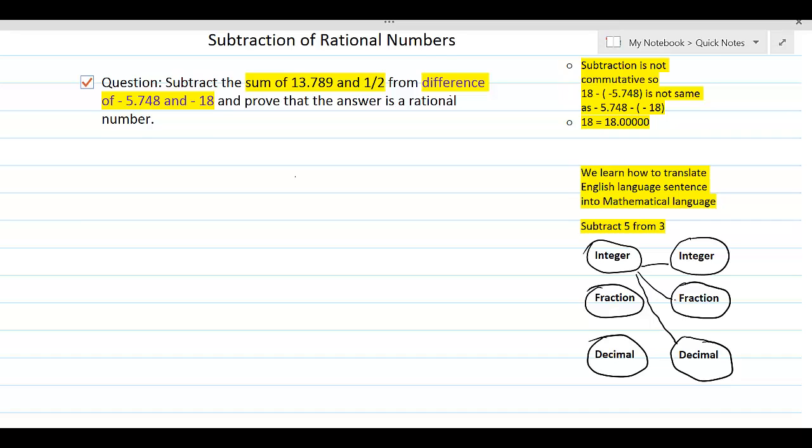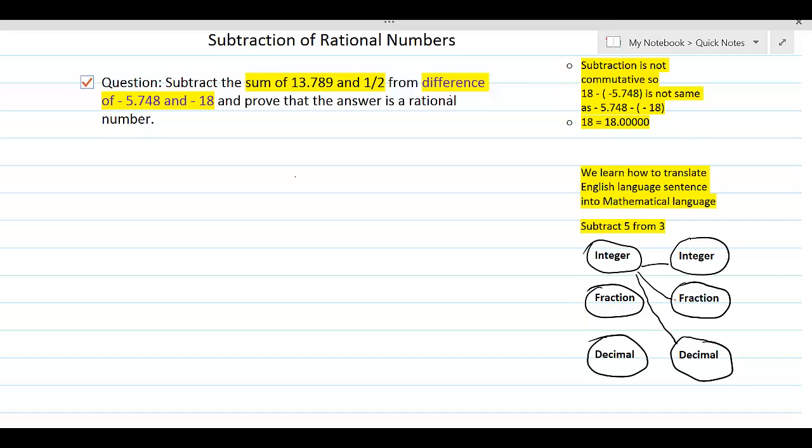Subtract the sum of 13.789 and 1/2 from the difference of minus 5.748 and minus 18, and then prove that the answer is an irrational number. This question we are going to break into pieces, and we will first calculate the difference of